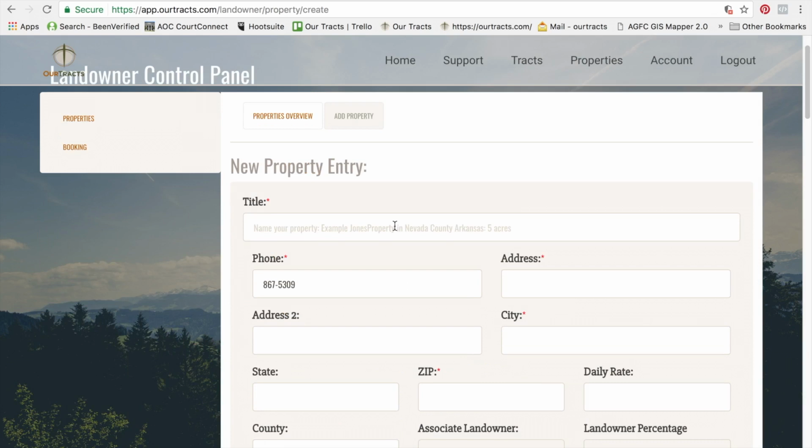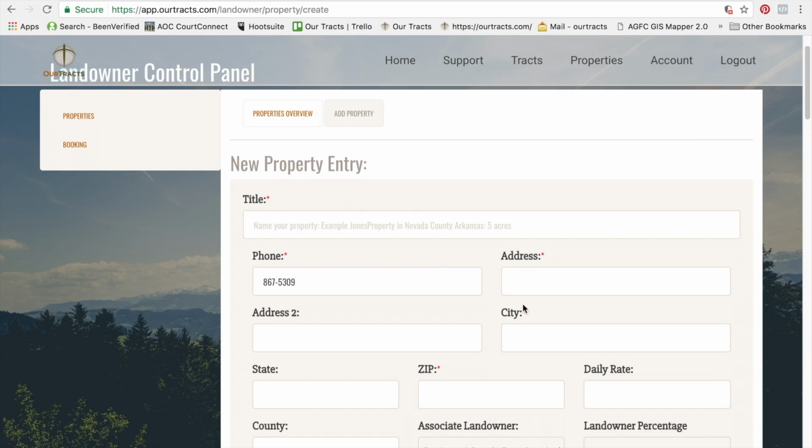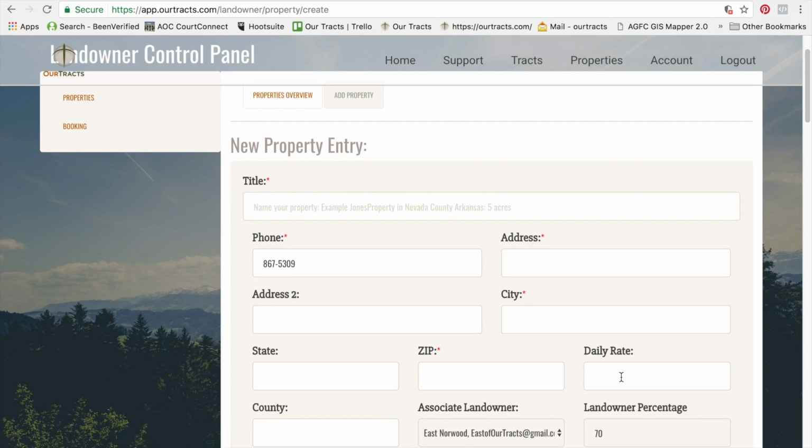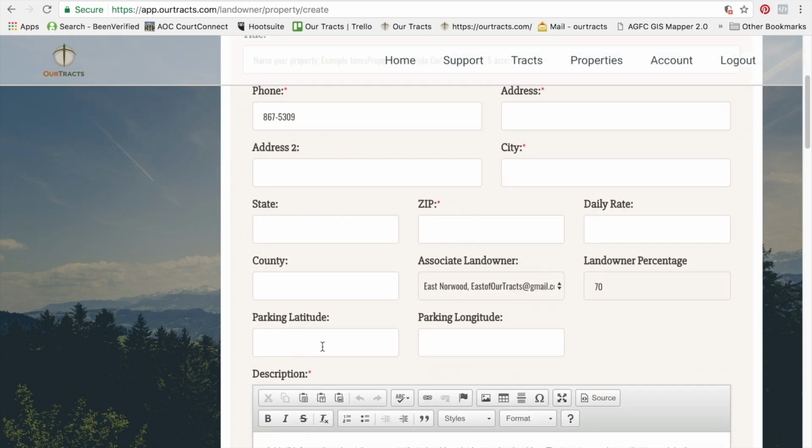Now that we've signed up to be a member of Our Tracts as a landowner, you can enter all your information about your property. This is the property entry page. What you're going to do is put in a title, the address, state, zip, daily rate, county of which the property is located. You could even put in a parking latitude and longitude for where you want the members to park. Put in a good description of the property,